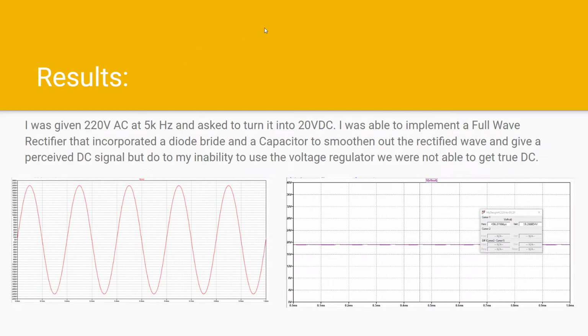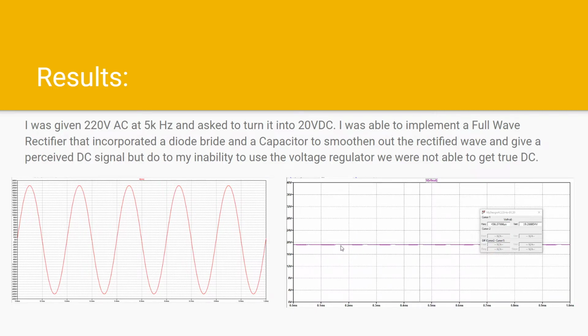The results. I was given 220 volts AC and 5 kHz and asked to turn it into 20 volts DC. I was able to implement a full wave rectifier that incorporated a diode bridge and a capacitor to smoothen out the rectified wave and give a perceived DC signal. But due to my inability to use the voltage regulator, we were not able to get true DC. So here is our voltage in, 220 volts, 5 kHz, and then